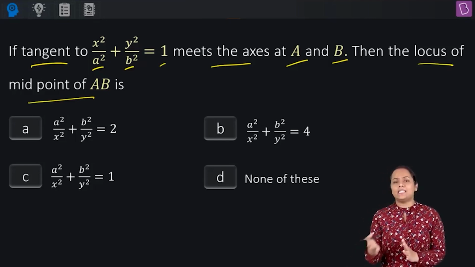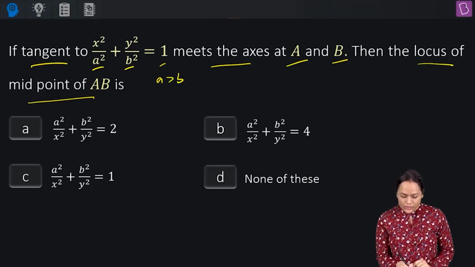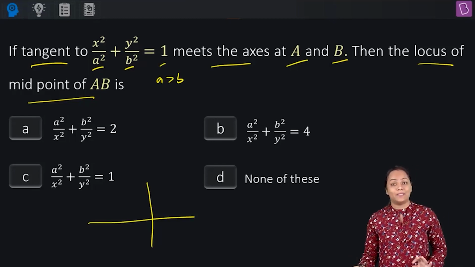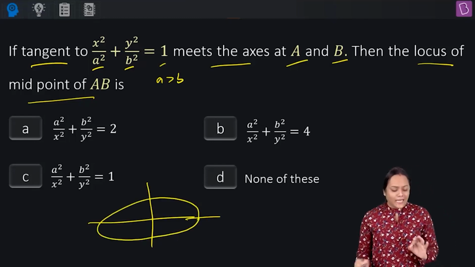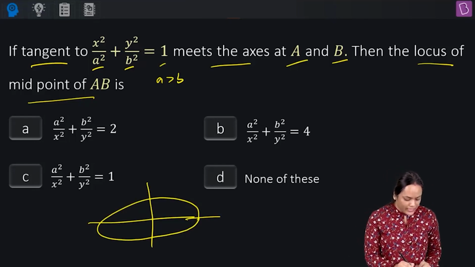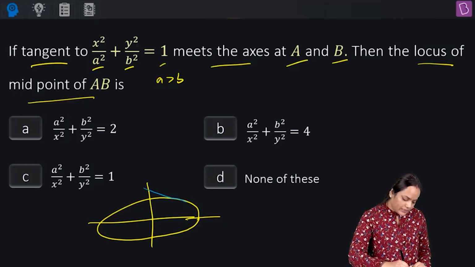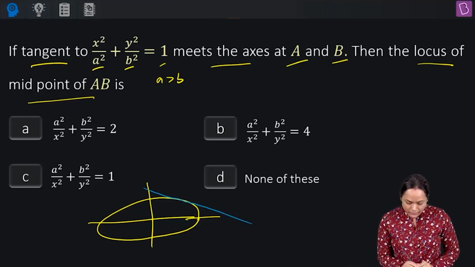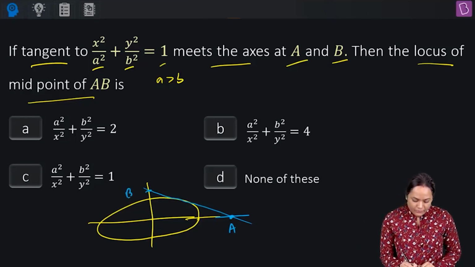They have given us options here. That means let's consider a case if my a is greater than b. We all know this will be a horizontal ellipse, isn't it? So we'll have a horizontal ellipse like this, and I have actually drawn a tangent at, let us say, some random point. So I'm drawing a tangent like this. It is going to intersect my x-axis, let's say at A, y-axis at B,